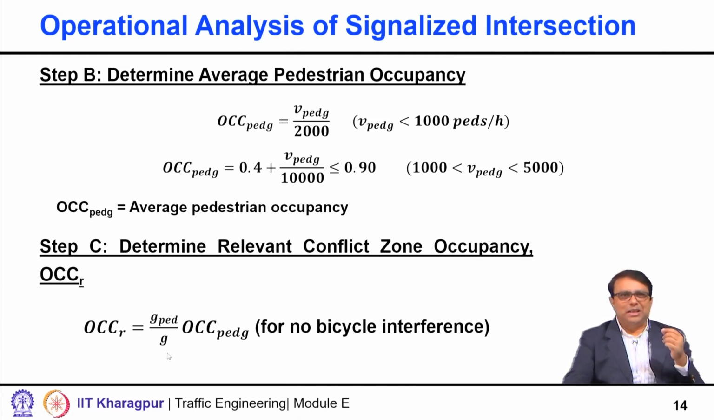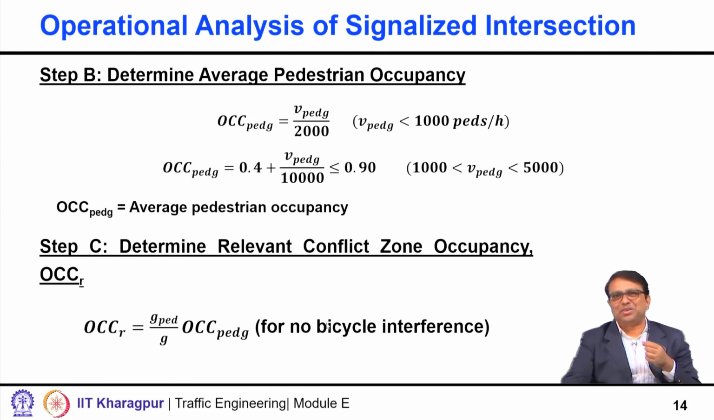Now, understand that if the entire green for this lane group movement, whatever is the green given for a movement where pedestrian interference is happening, if the pedestrian green is also for the entire period, then OCC PDG, average pedestrian occupancy, and conflict zone occupancy will be same. They will only be different if, suppose the green is for 40 seconds, but the conflicting pedestrian green is for 30 seconds. Then in that case, conflict zone occupancy will be different from